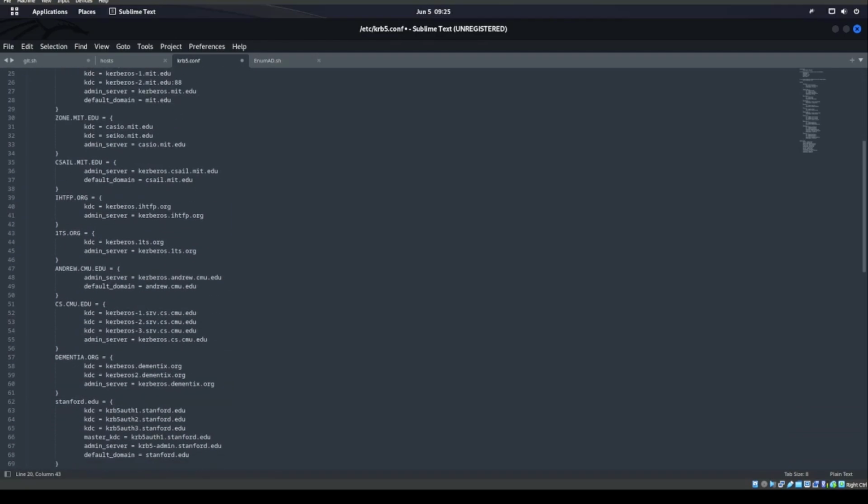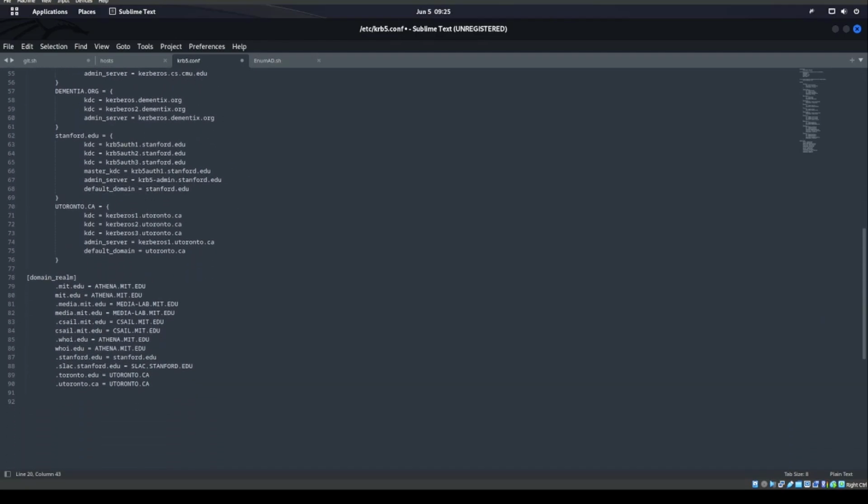So that should be realms. Domain realm, I believe we would have to put one into here, right? And it looks like we need two of them actually. So it looks like we need the http.local. No, that has to be